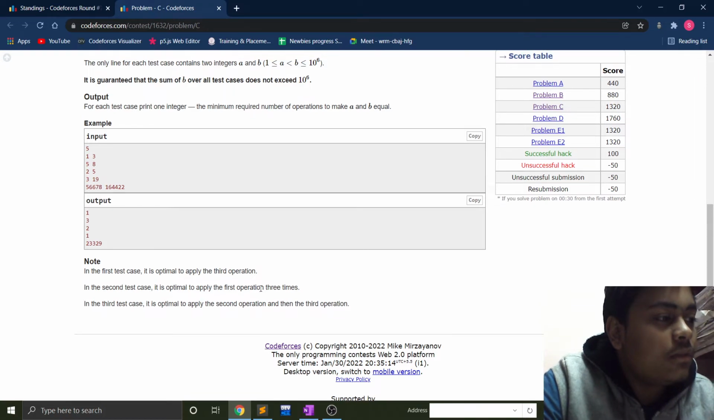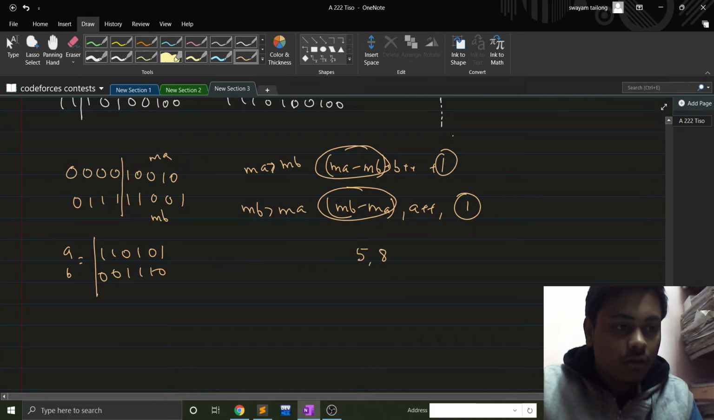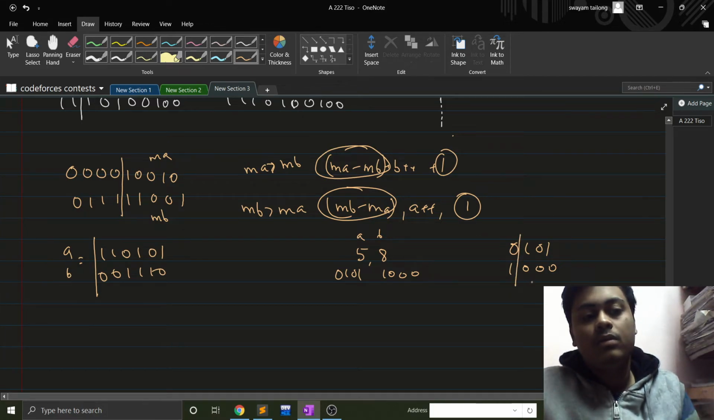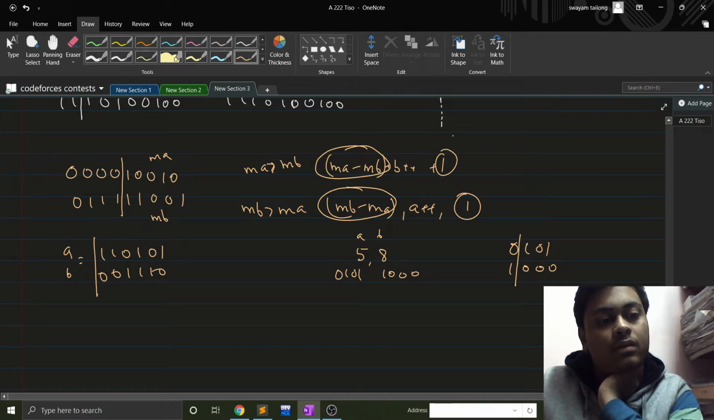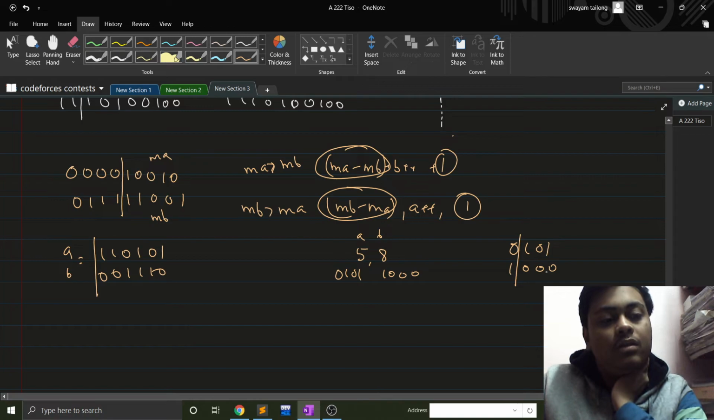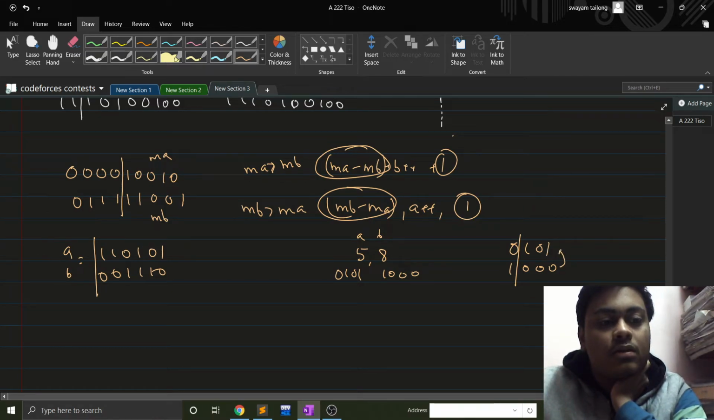Can we try to run this on some case, 5 comma 8? Yeah, if I have 5 comma 8, this is 1 0 0 0, this is 0 1 0 1, this is A, this is B. So 0 1 0 1 and 1 0 0 0. Okay, again, we can convert it into 5 operations. I can do this in 5 operations, but